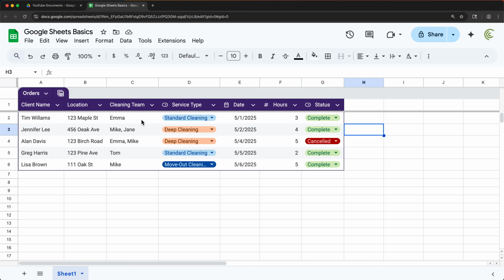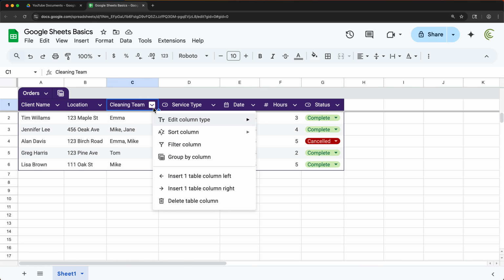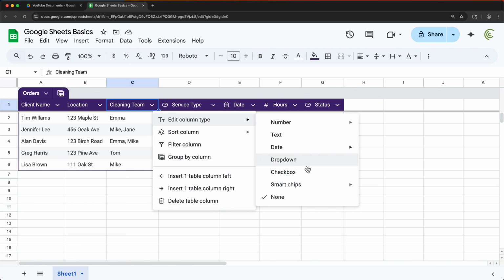So that brings me to this cleaning theme. So what if I want this to be drop downs too? Now, to be able to do this with drop downs, you want to make sure that you have this, see, comma and space, not just a comma. So I have comma space Mike, comma space Jane. So with this now, if I click on this cleaning theme, go to that same drop down type,